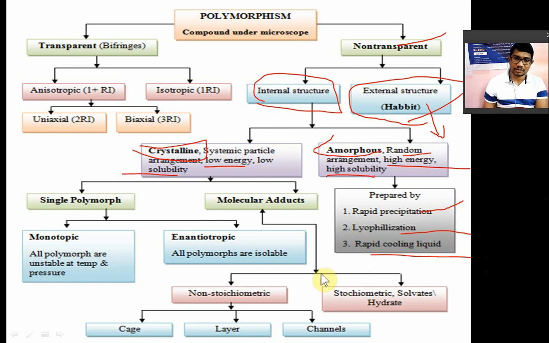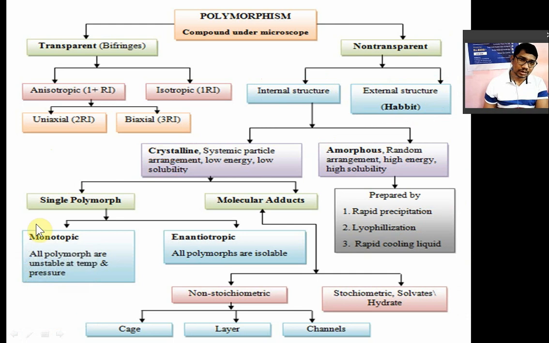In between there is a metastable form. So between crystalline and amorphous there is one metastable form: crystalline form, amorphous form, and metastable. Now the amorphous form has the highest solubility. Remember, the amorphous form of a compound will have the highest solubility. The crystalline form will have the lowest solubility, and in between you have the